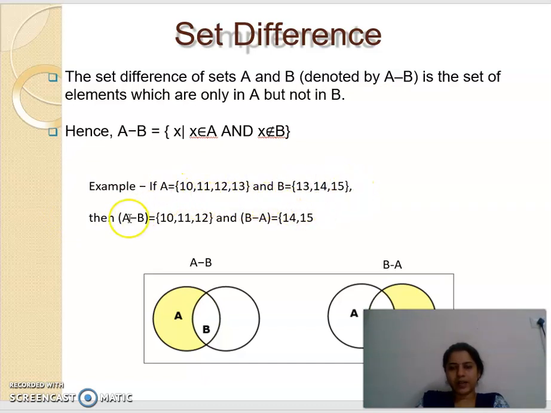Here A minus B means take the elements which are in A but not in B. That means the common element is subtracted from the A set. Then we'll get 10, 11, 12.